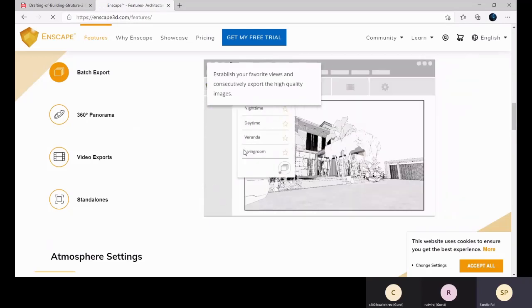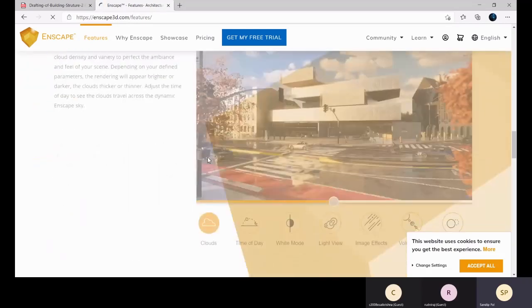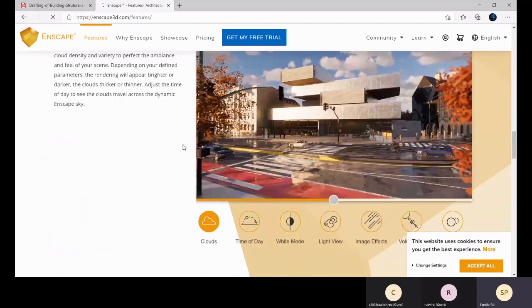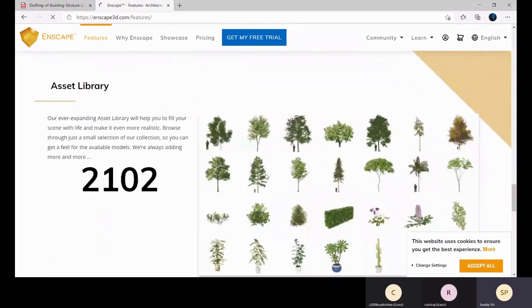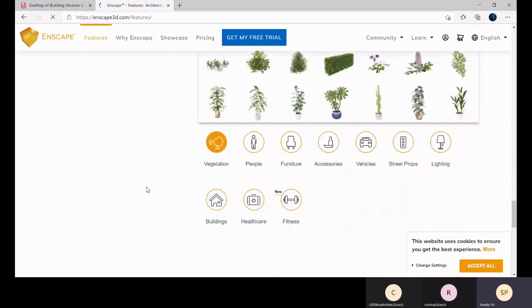This kind of real-time rendering we can get through this plugin, where all the other rendering software take a day. Here you can get it within an hour. You can render your projects.